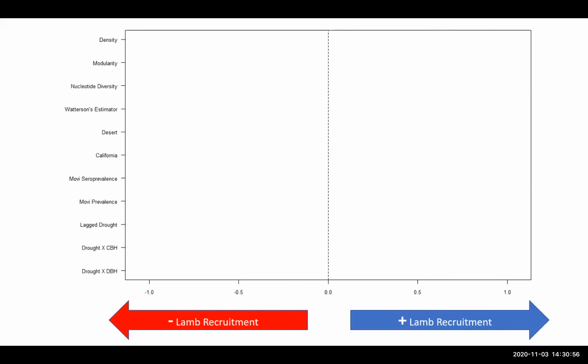So we used a Poisson model with an offset to look at lamb recruitment in the years following die-offs in these populations. And our model puts out this coefficient plot. If the coefficient estimates fall across 0, this vertical line here in the center, it means the model's not detecting an impact on lamb recruitment. Anything to the right or above 0 is an indication of a positive effect on lamb recruitment, and anything to the left or below 0 is a negative impact.